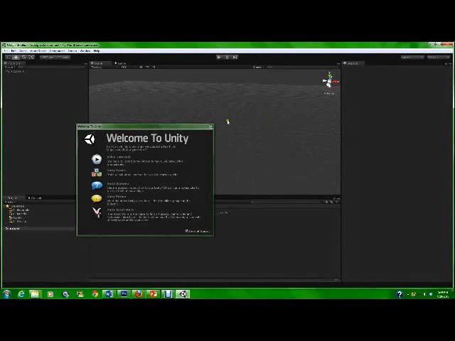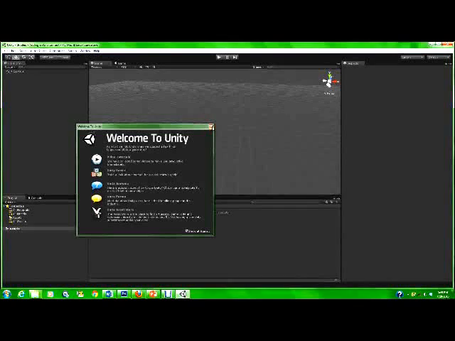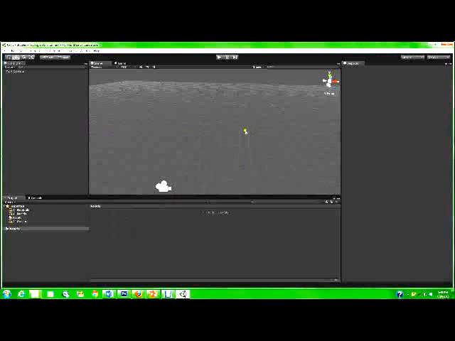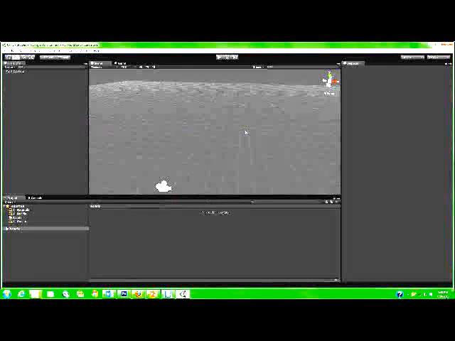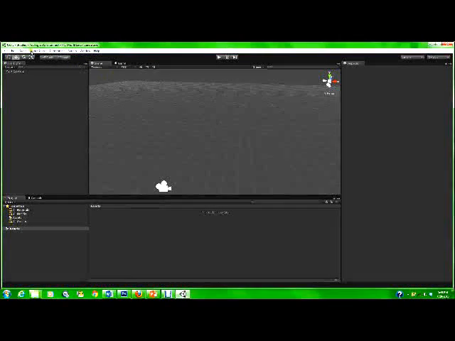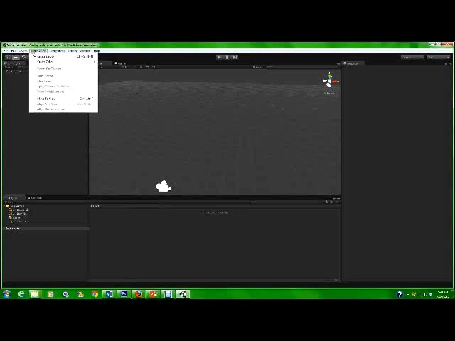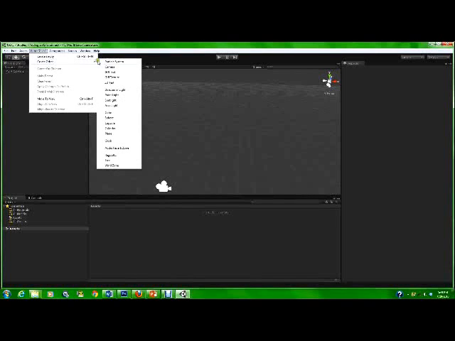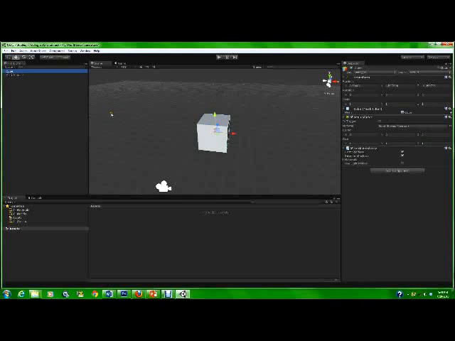There it is. This is a whole bunch of stuff that you can use. And I'm going to create here, go here. I'm going to create a cube. Boom. Now,